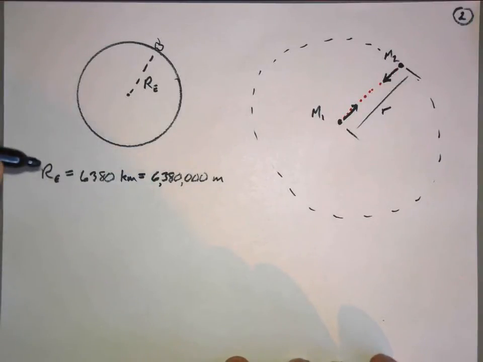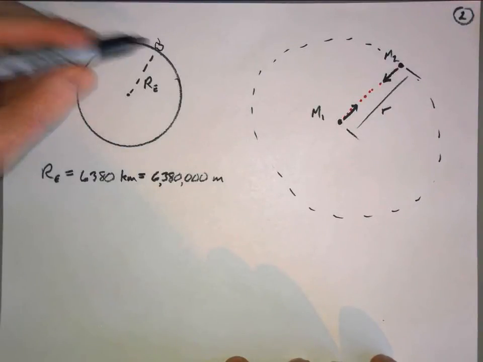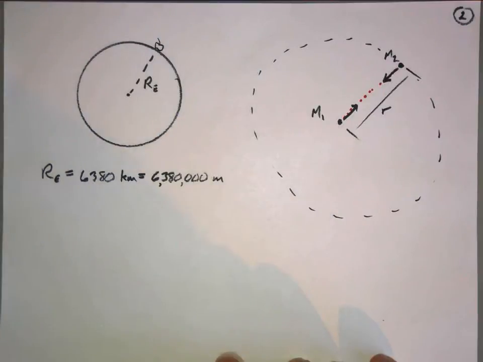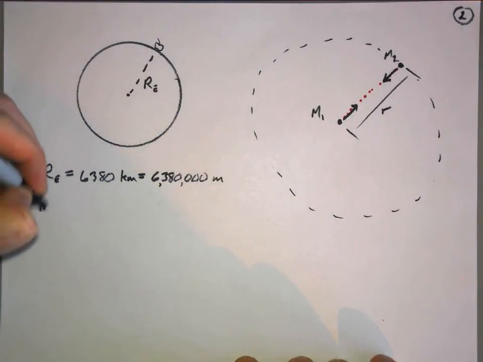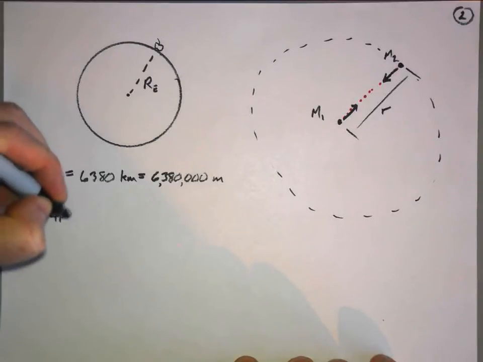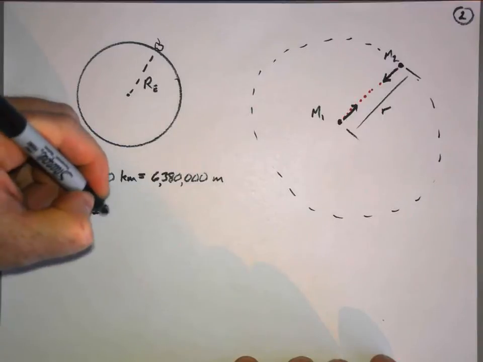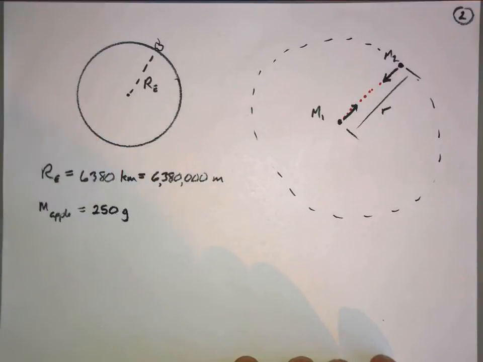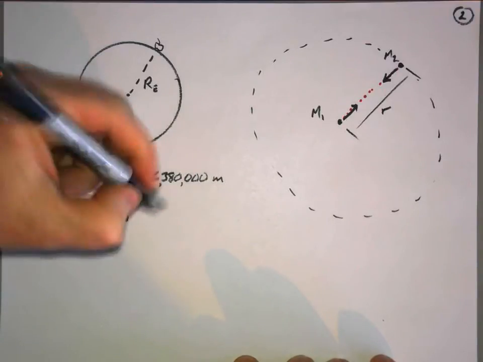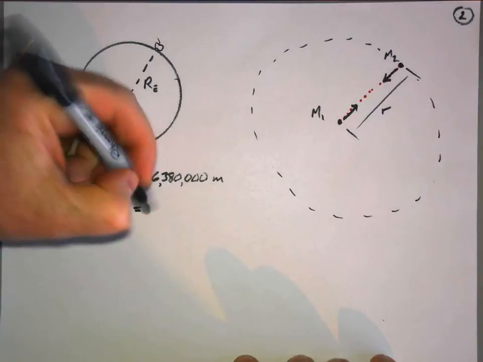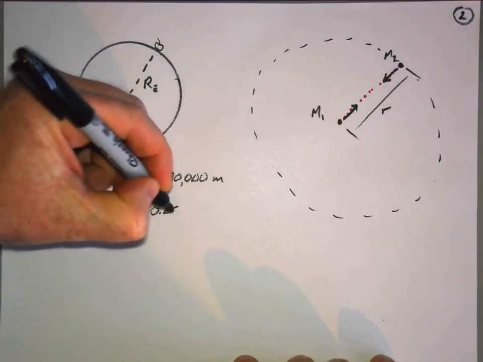So we also are going to need a couple masses. We need the mass of the Earth and we need the mass of the apple. Remember, M1 and M2, those are masses. Well, we have mass of an apple. And I don't know, a good large apple might be 250 grams. But I don't want this measurement in grams, I want kilograms. So this is going to be 0.250